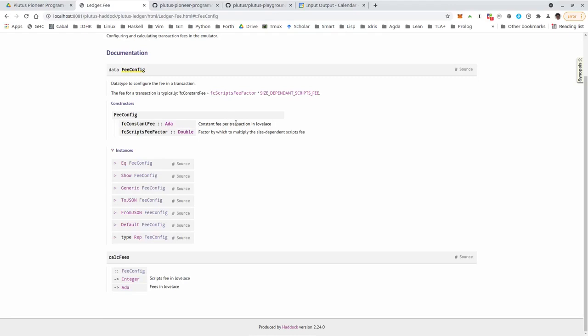So the constant fee per transaction in Lovelace, so that's what you will always have to pay. And then a factor by which to multiply the size dependent scripts fee. So this is just some calibration factor. So the size depends on the memory consumption of the script and the runtime, the number of execution steps, and that then gets multiplied by this constant.